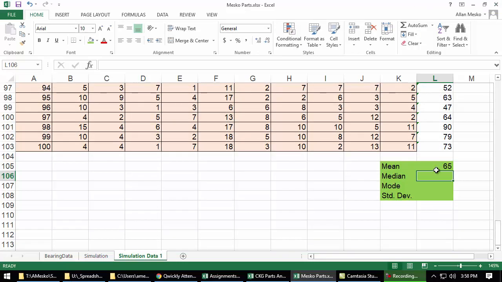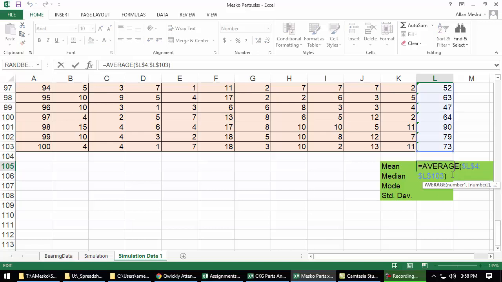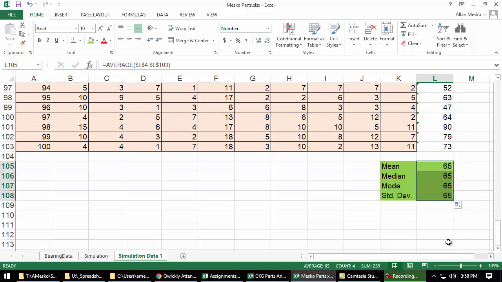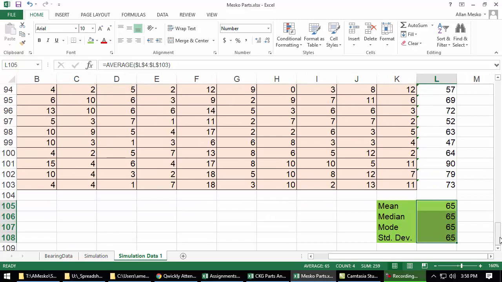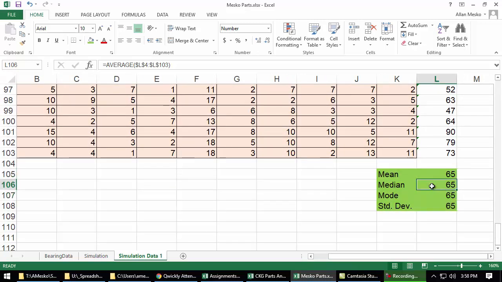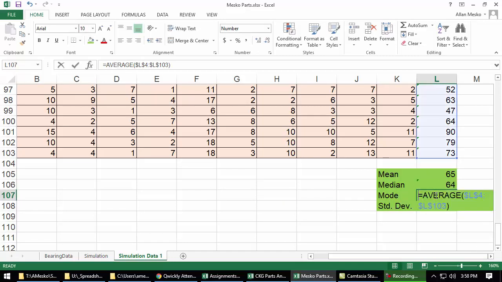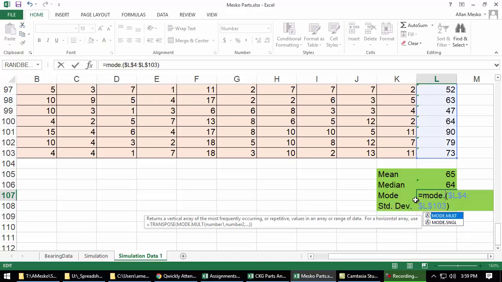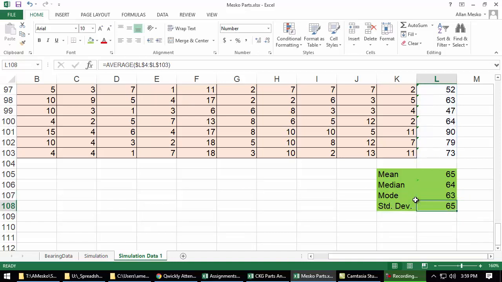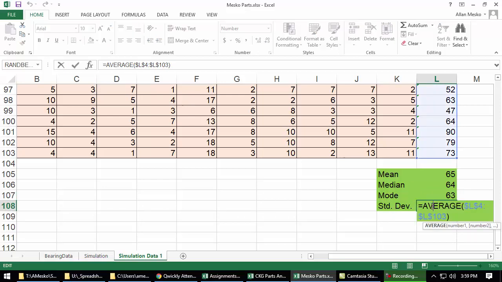So that's the mean. Now I can copy that formula down and just change the name of the function, and I'll be done. So I've got that copied down. On the second one, I change the average function to the median function. On the third one, I change it to mode single. And on the fourth one, I change it to